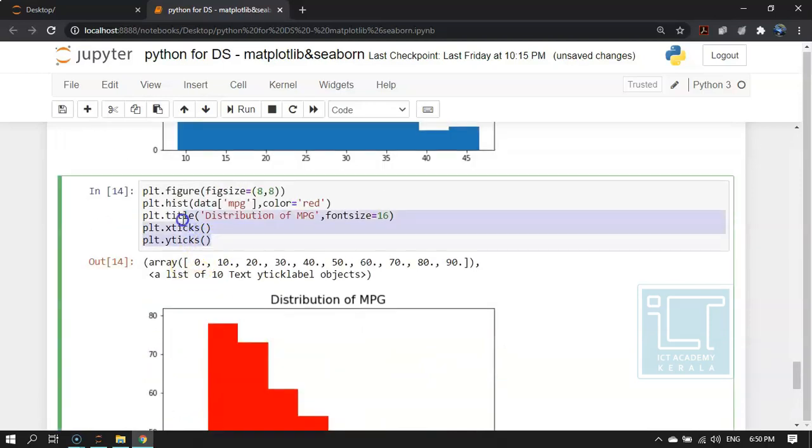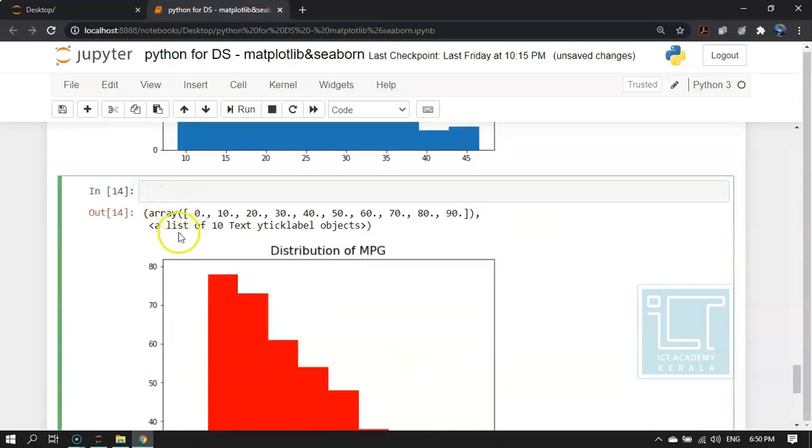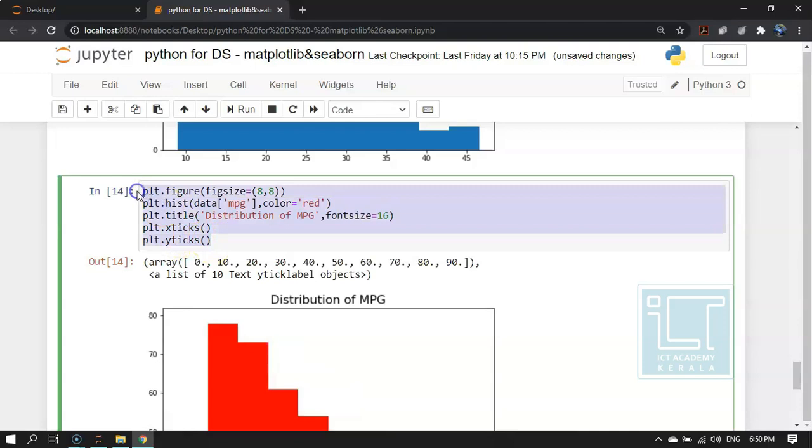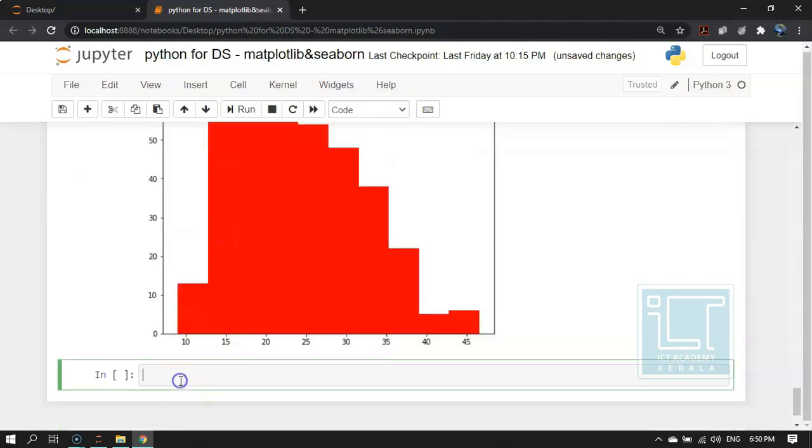So next we are going to specify what is there in the x-axis and what is there in the y-axis.